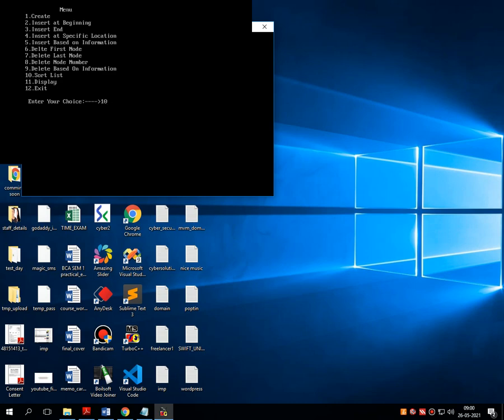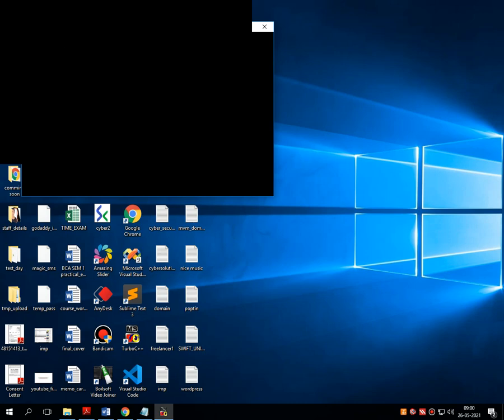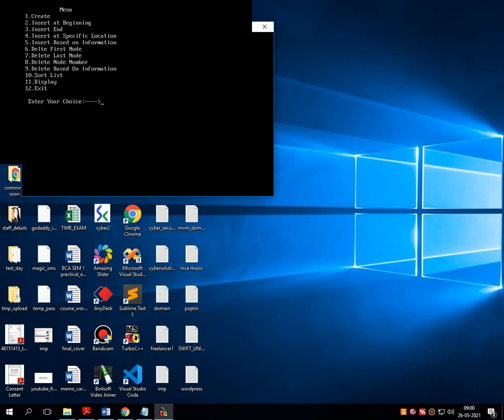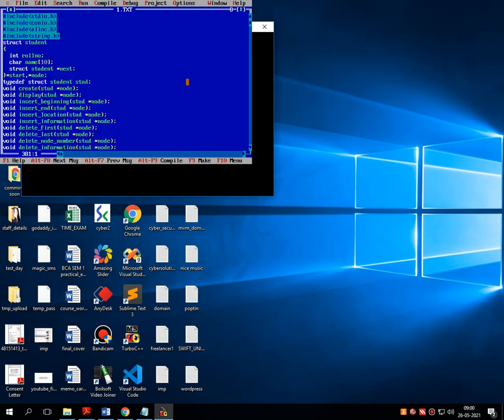Operation number 10 is actually a sorting which sorts the linked list, but I think it is not part of our syllabus, so I would not like to speak more about this because it's a wastage of time right now. So the entire program works properly. I know that in the Turbo C editor it's a little bit difficult to view over the virtual platform.